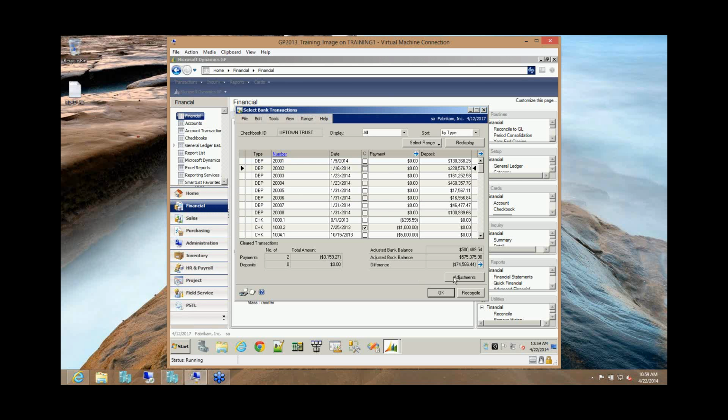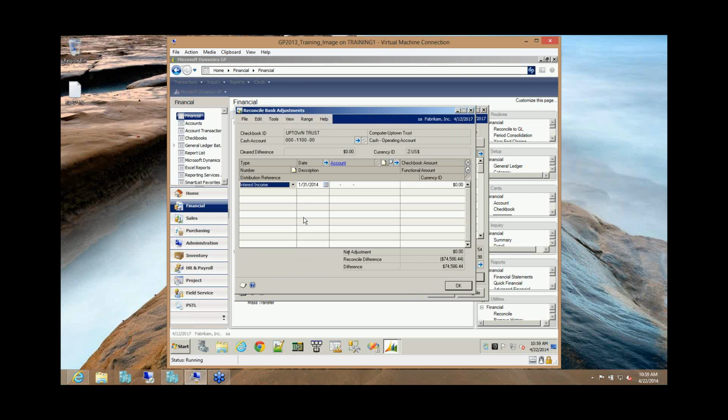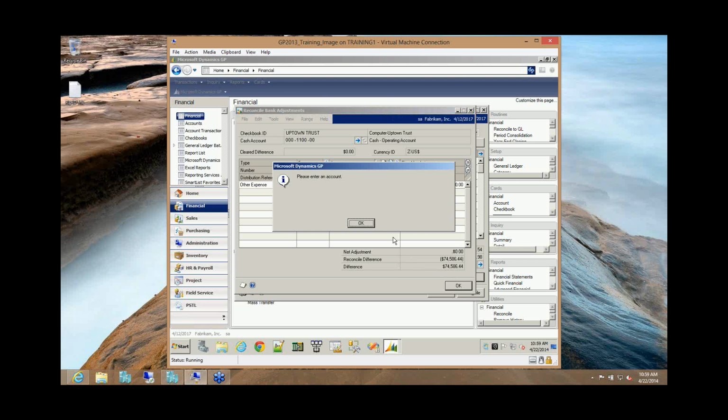The other thing that we mentioned on the slides was the adjustments directly in the reconciliation window itself. So you can do a quick one. You can say another expense, or you can put a particular type of adjusting entry that you're doing and just fill it out as a normal transaction. As soon as you hit OK, it's going to populate into the,